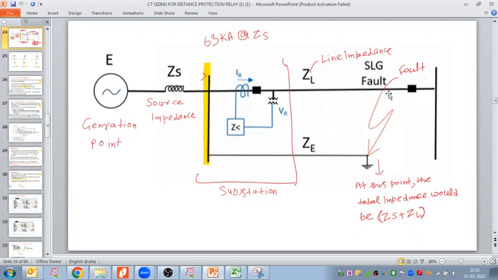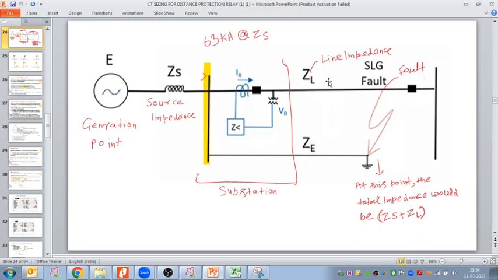To calculate the through fault current at the remote end of the protected transmission line, we need to calculate the impedance till the protected point. Till here we know the resistance and reactance that we calculated based on the source short circuit current and the voltage. Now from the substation to the last point of the transmission line, the conductor resistance and reactance is